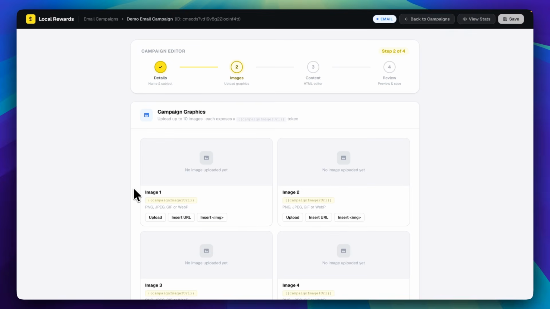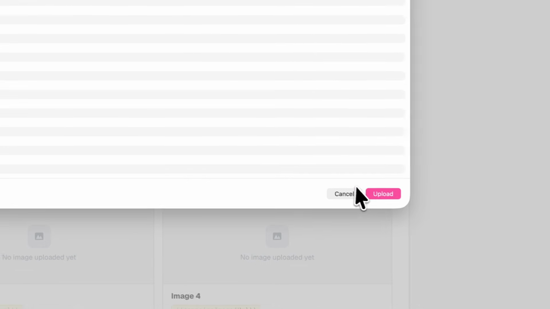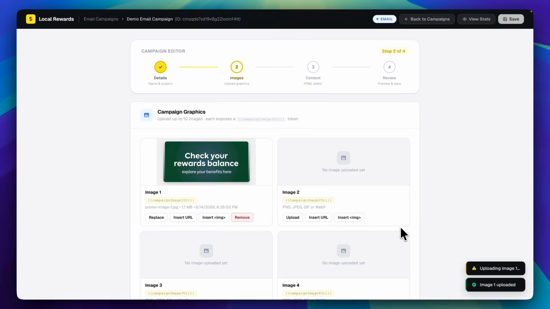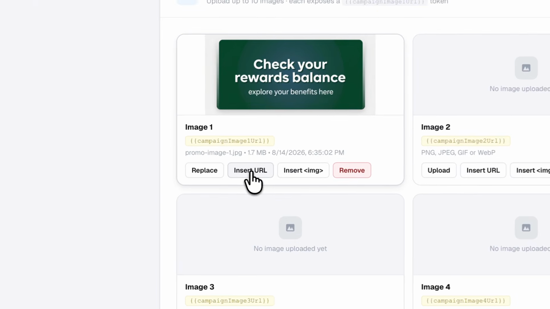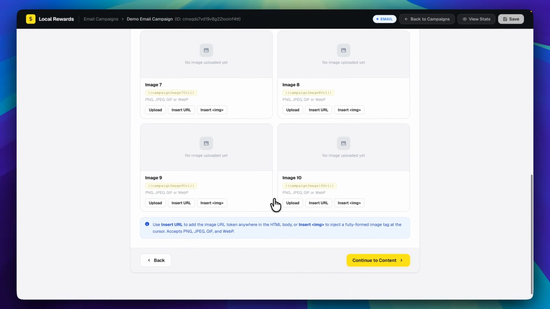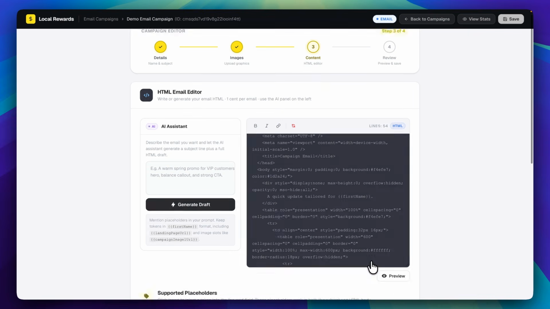Let's upload an image for our email campaign. Click on Upload. Select the graphics you want to upload. Once you've added your graphics, click on Insert Image URL, which will place your image tokens on the email template. Once that is done, click the yellow Continue to Content button in the bottom right corner to move on to